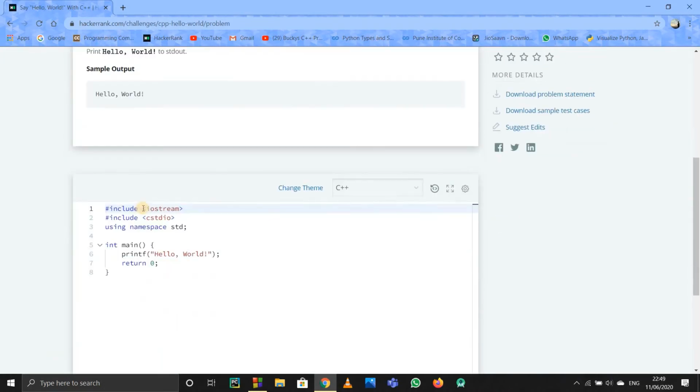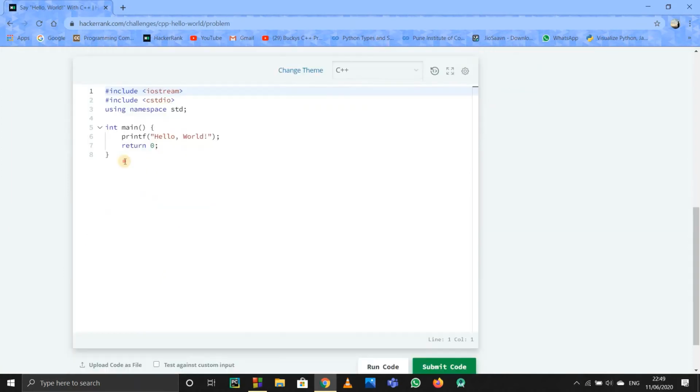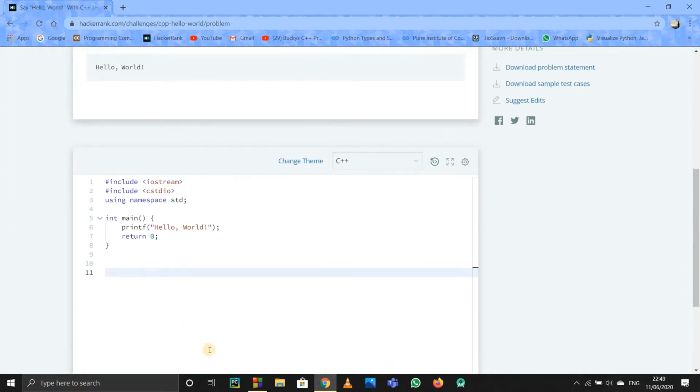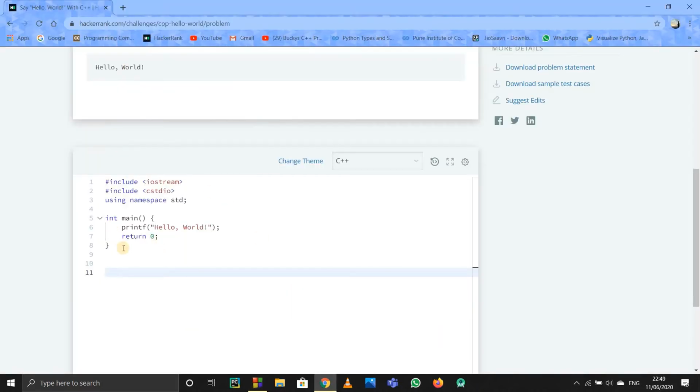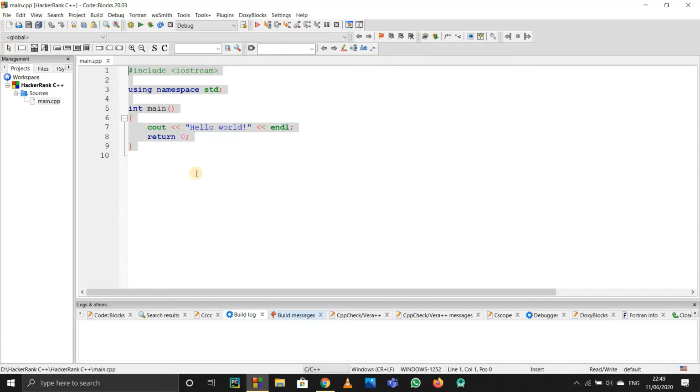Whatever you solve. So for now this problem is really an easy one, and this thing is the console where you type and solve the problems. But I like to solve the problems in Code::Blocks, so I just solve my problems over there. I copy the code from here by Ctrl+C and paste it over there on this platform. And actually I can run this over here now.